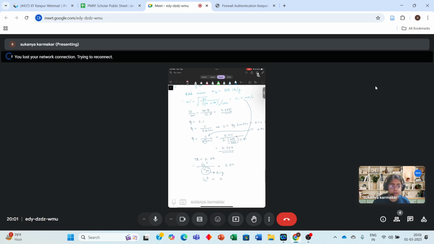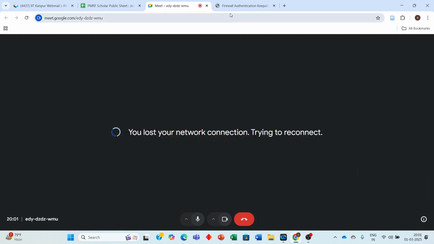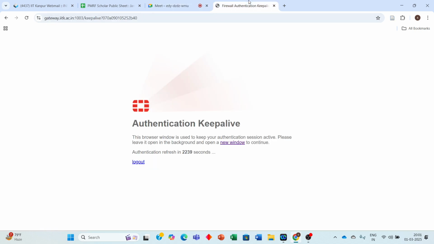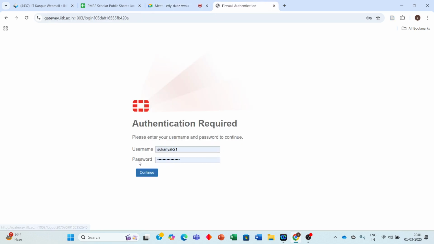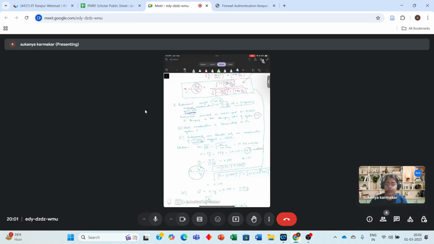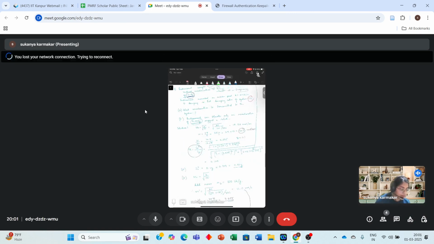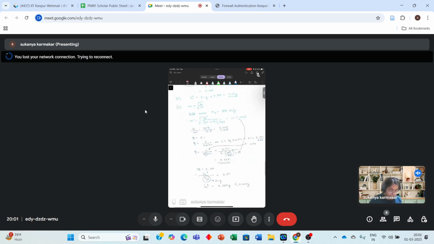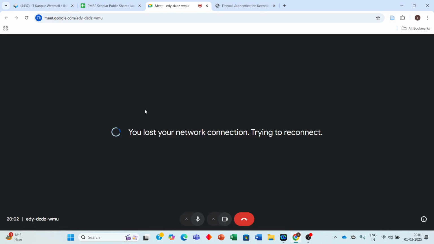Okay, there is some issue. So we have been successful in reducing the acceleration transmitted to the system. I'll quickly take